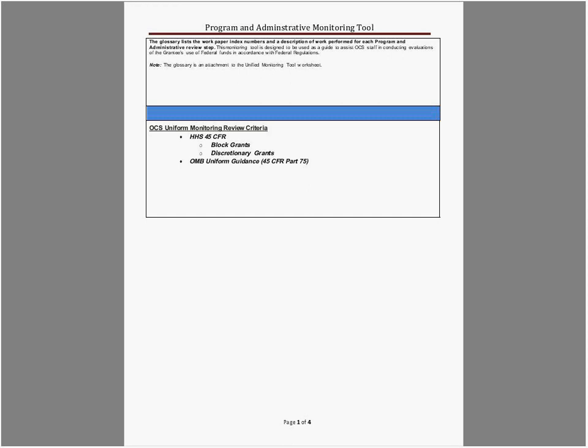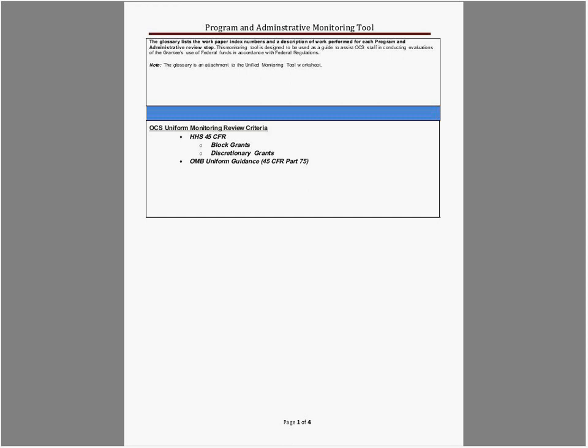So the easiest thing to do is to explain the tool used and talk a little bit about the program aspect of the monitoring. So for those of you who are wondering, because I know it's Friday morning, what is HHS 45 CFR? Title 45 is the Public Welfare and Human Services section of the statute pertaining to block grants, Part 96, and 45 CFR Part 75.